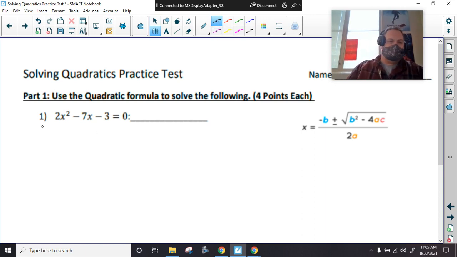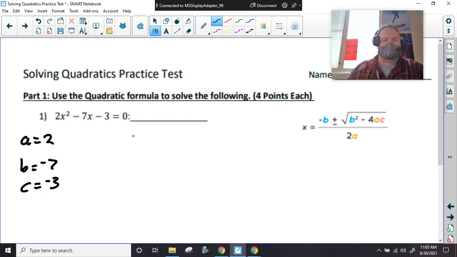All right, for number one, part one, it says use the quadratic formula to solve the following. And I've kind of put it over the side in case you can't remember it. That's okay. So A is 2, B is -7, and C is -3. All right. So if we're plugging this in,